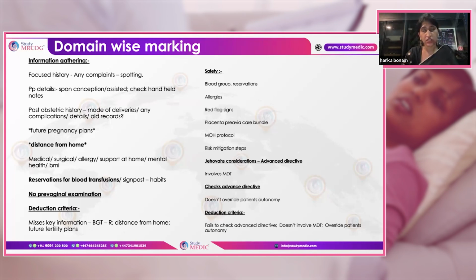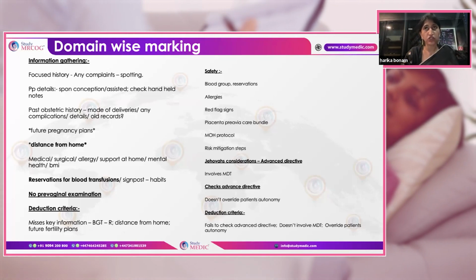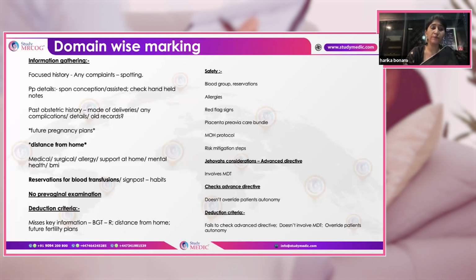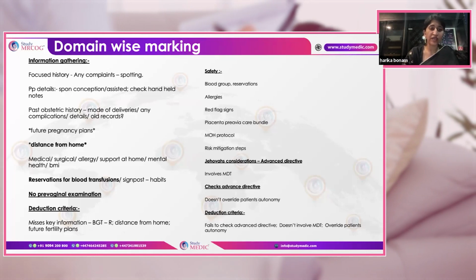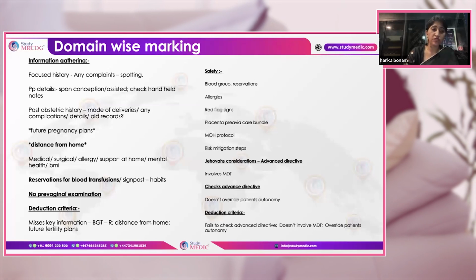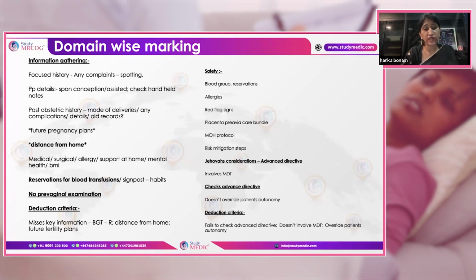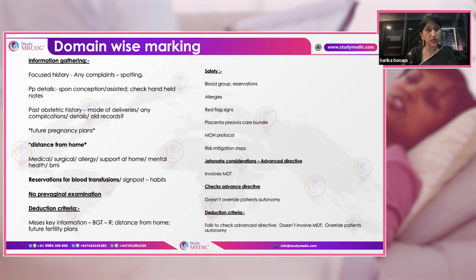And future fertility plans. Jehovah's Witness patient, and this patient is having a placenta accreta, and this patient wants to have further kids. If she has only one kid and is keen on having a further kid, or a previous kid passed away because of some reason, and you end up having a cesarean hysterectomy. So that is why you'll definitely have to ask about this. If you miss any of these, the points will be deducted.